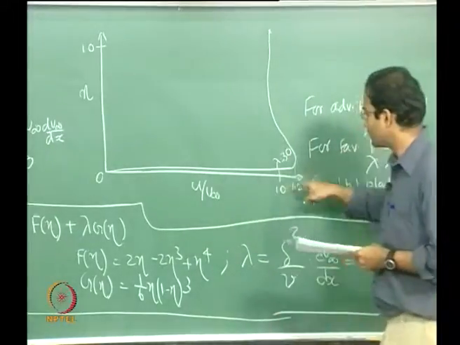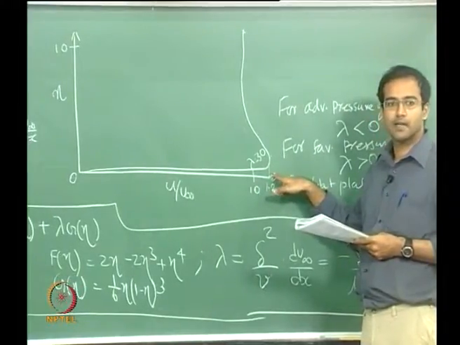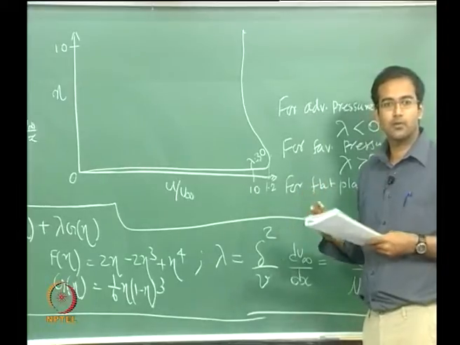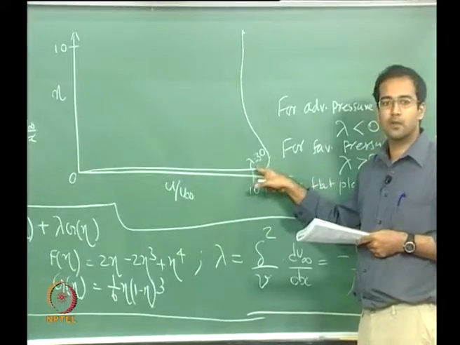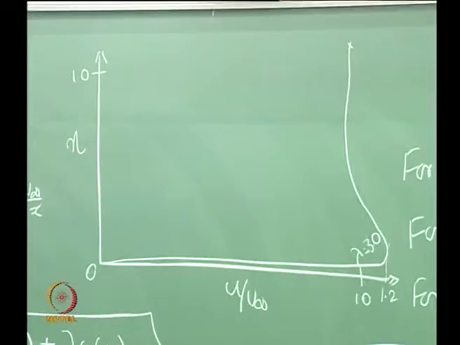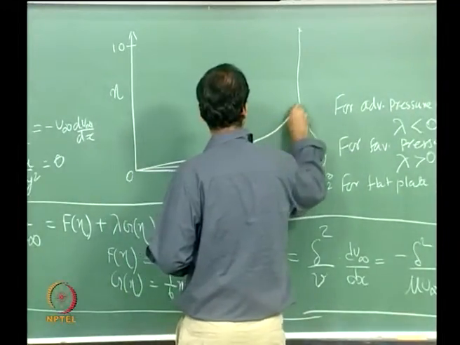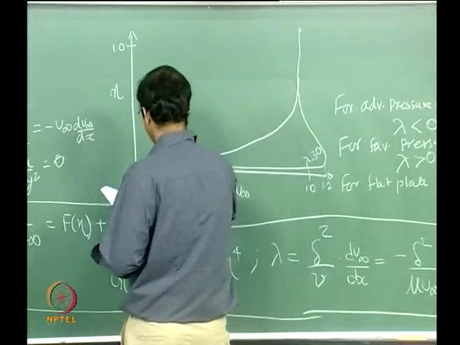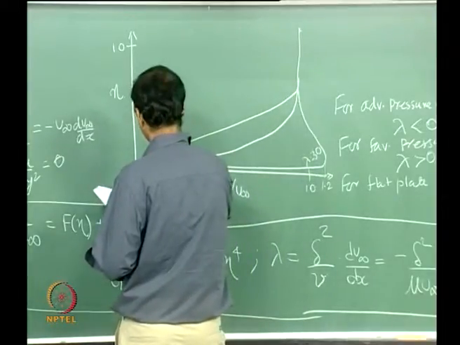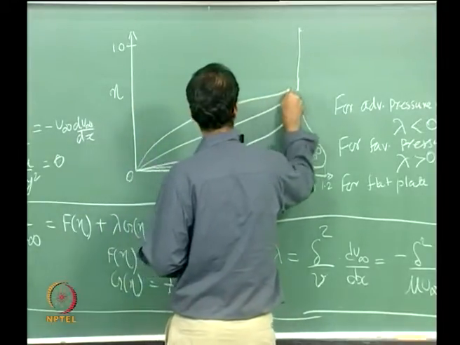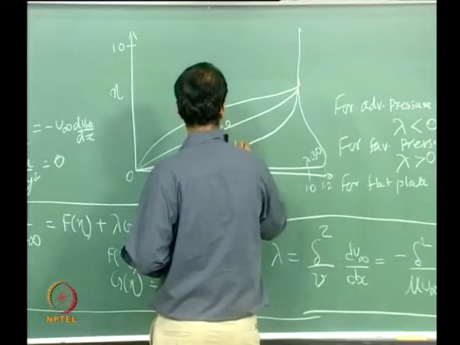So the value of u by u infinity crosses 1 somewhere, which is non-physical basically. This is an approximate profile, so you do not know where the profile will become physical and non-physical, but if you use very large values of lambda like 30, this becomes non-physical. Okay. So now if you go to smaller values, like for example lambda equal to 12, now this becomes well behaved, it goes smoothly to 1, and then lambda of 0, this is your Blasius profile, and lambda of say minus 12. So this is your lambda minus 12, lambda equal to 0, lambda equal to 12.